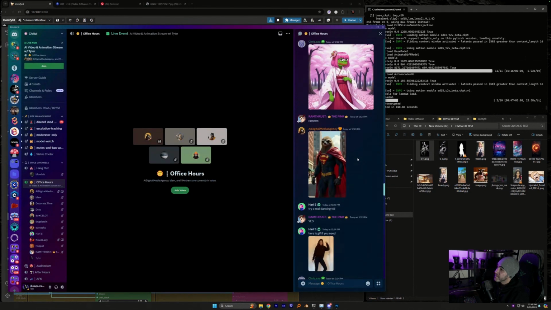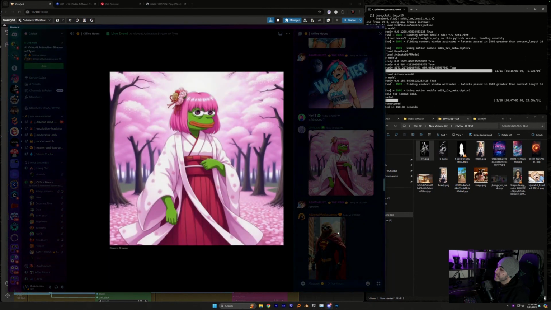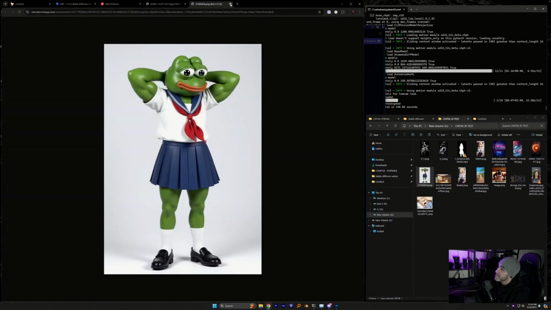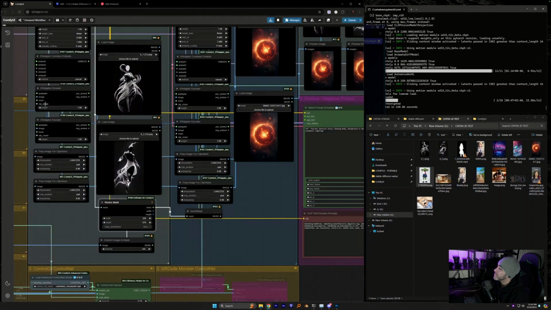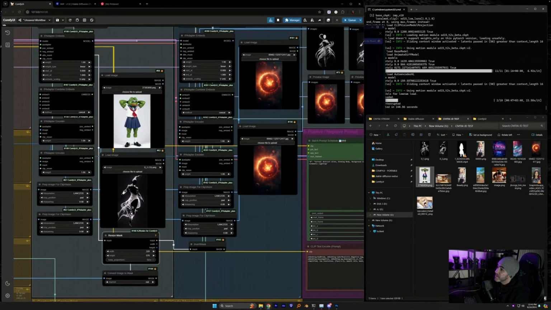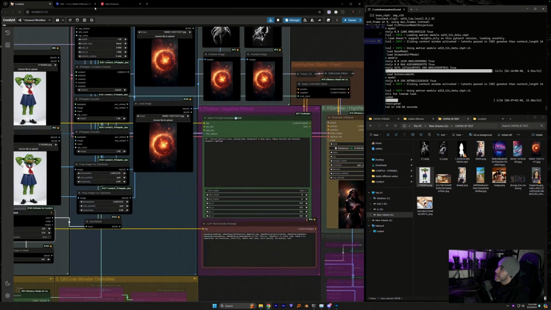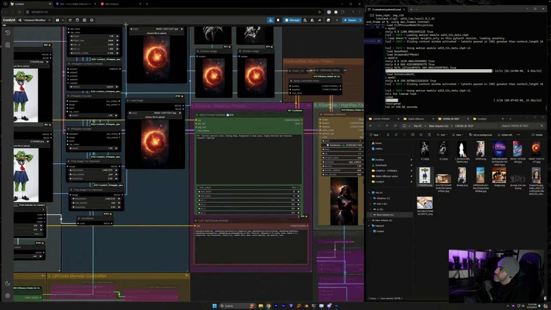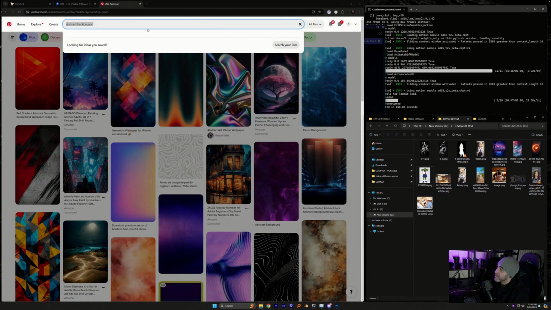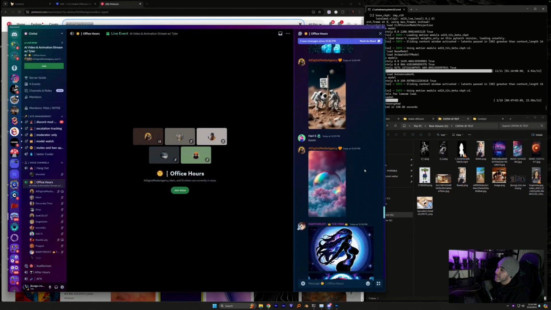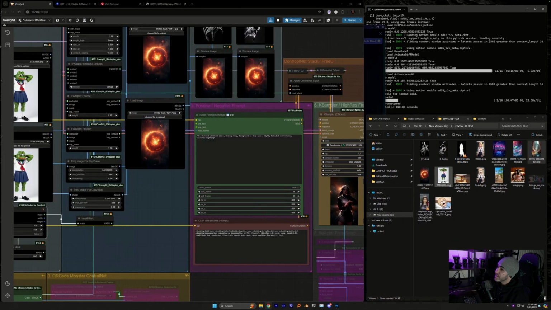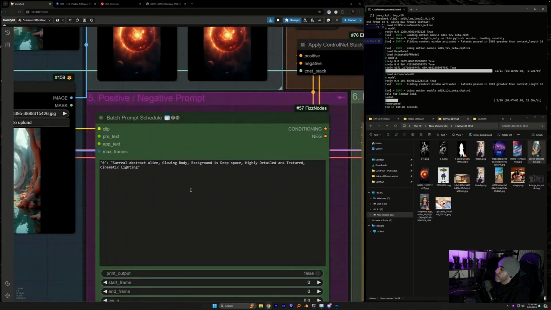Let's see here. Here we go. Boom. Boom. And where do we want to put Pepe? Where does Pepe belong? Playground.